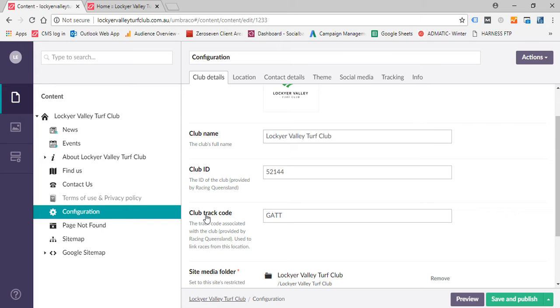And then these two options, Club ID and Club Track Code, these will be set up for you for your club when we create your club site. But these are unique codes for your club and for your track, which then speak to our racing database to collate the information for your website. So for example, when you're adding a race widget to your website for thoroughbred clubs, it's this ID and code that gathers the correct information for your club to display the correct race and the